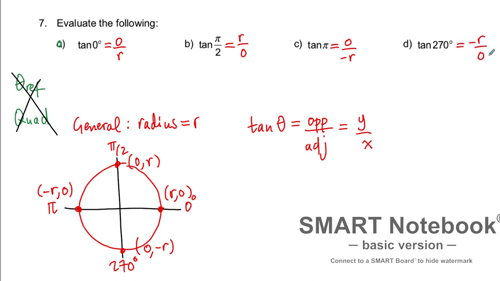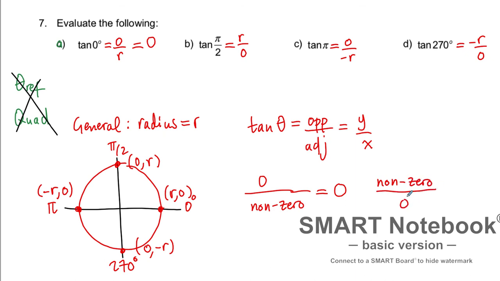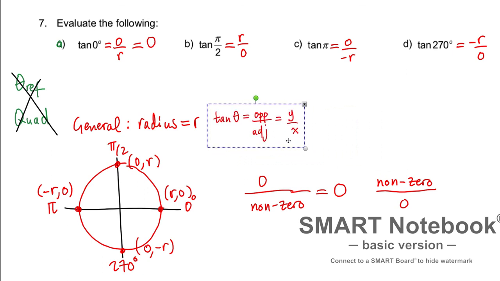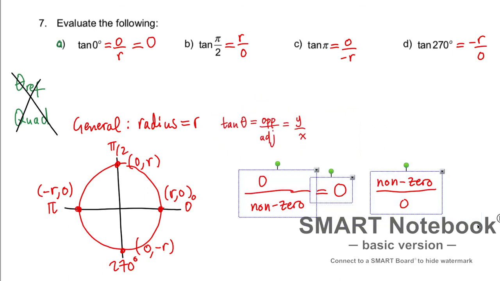Now we want to simplify some of these. So imagine that you have 0 divided by non-zero, which is what we have in the first case. If you have 0 pizza and you have 5 friends, each friend gets no pizza. So 0 divided by non-zero is equal to 0. The reciprocal of that fraction, however, non-zero divided by 0, is a different story. What we're doing is reciprocating these fractions, or flipping them upside down,